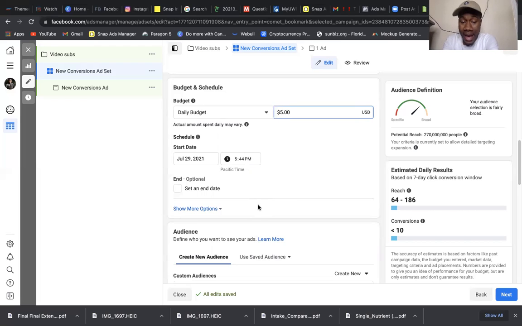If you turn off your ad or pause your ad after starting it, it's going to mess things up drastically. Basically, if you turn off your ad at any point after it's been published and active, and has passed the review stage, it's going to restart again. And that's what you don't want.